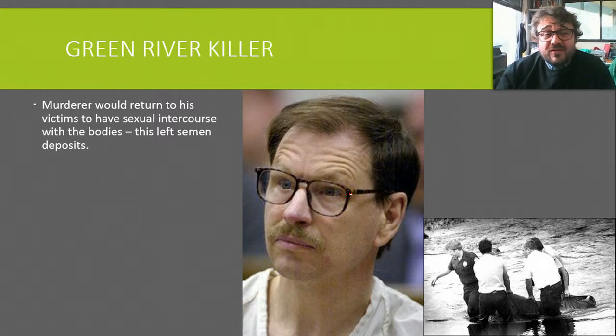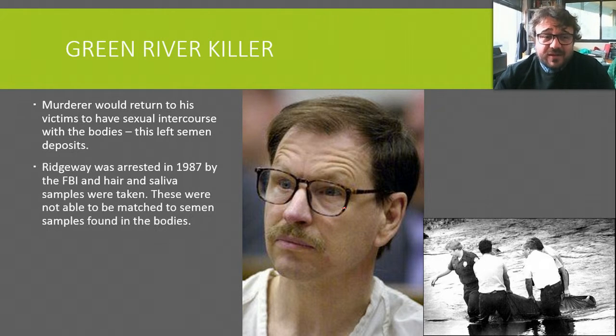Now, the murderer would return to his victims and have sexual intercourse with the bodies. Normally, we would have left this detail out of class, except he left semen deposits. Now, this is essentially what was his undoing. He was arrested in 1987 by the FBI, and so with many suspects, hair and saliva samples were taken, and these were used to match blood type to the semen, which narrowed it down to a potential 100 or so